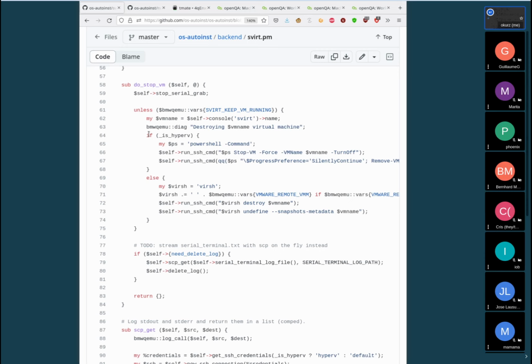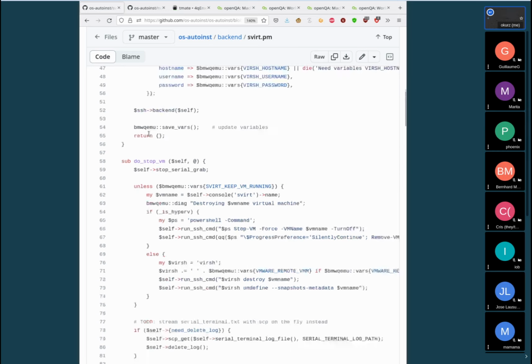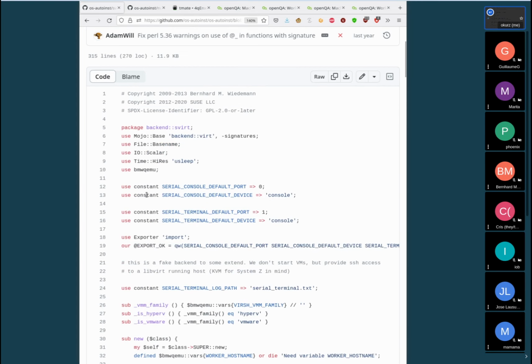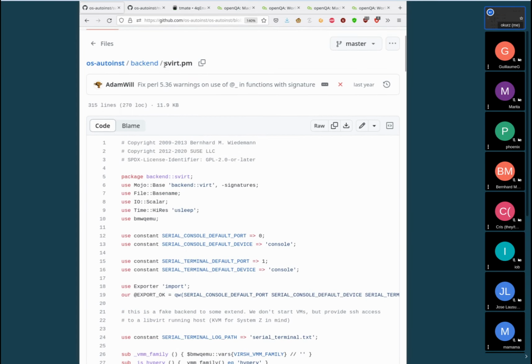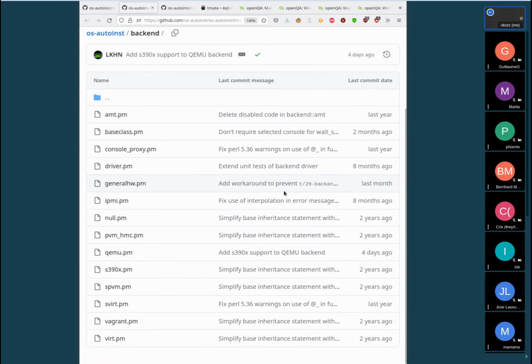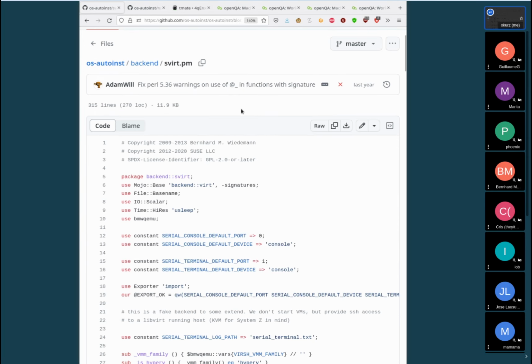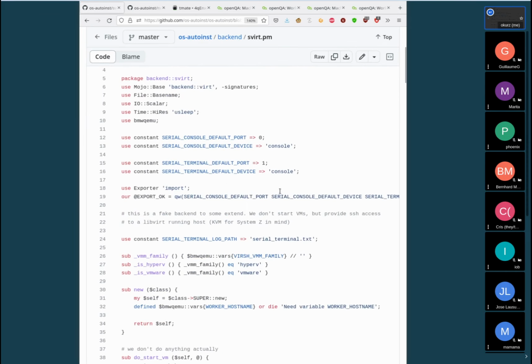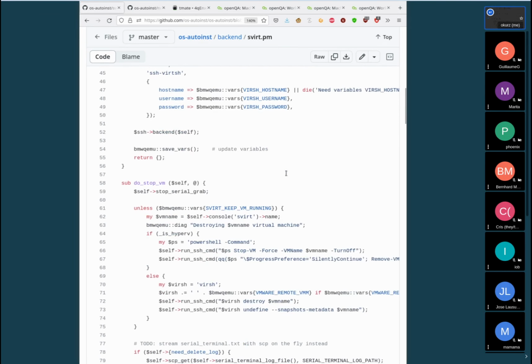with procedural code. What one could do to improve is to extract all if-elses into variant-specific sub-backends. That's something that could be tried: why not create a backend which is called Hyper-V on that level, and then Hyper-V would inherit from the svirt backend, and it would